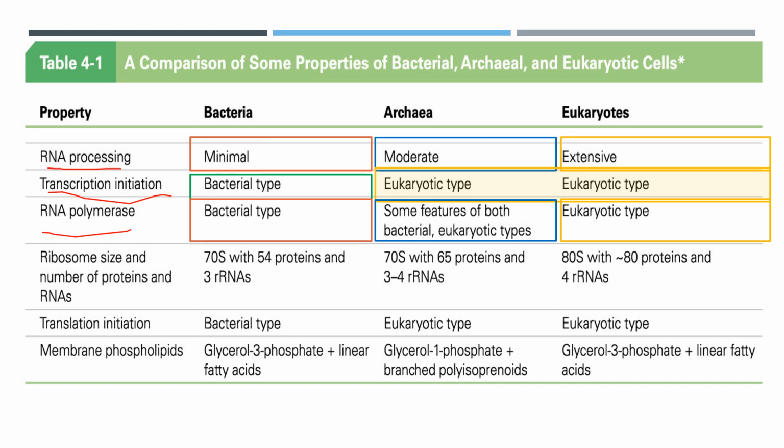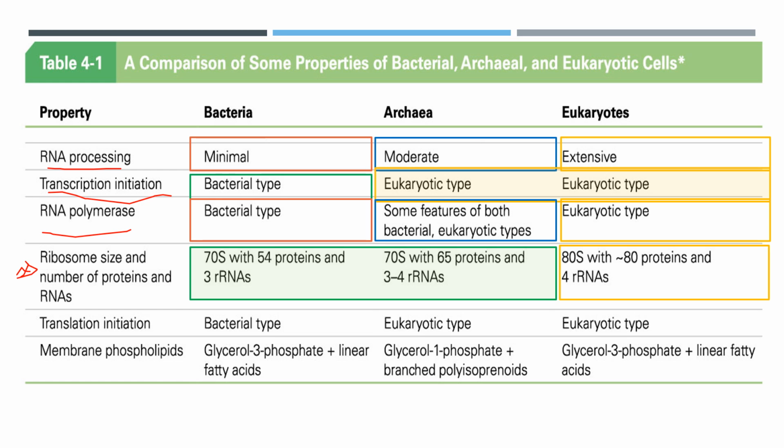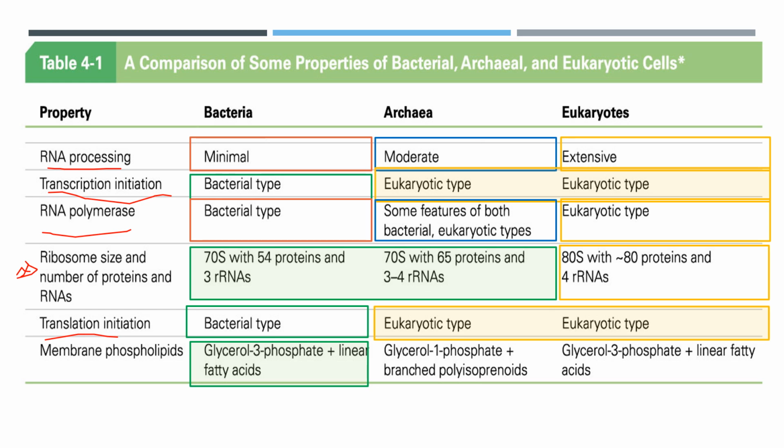Here, you can also find some similarities. So, for example, the size of the ribosome and the number of proteins in RNAs. You can see that they are similar between bacteria and archaea, and here you see that they are different in eukaryotes. The translation initiation, again, bacteria has one and eukaryotes have another one. And the membrane phospholipids, again, there is a similarity here and a similarity here